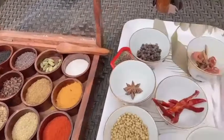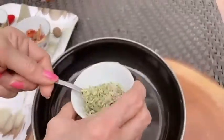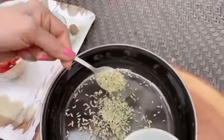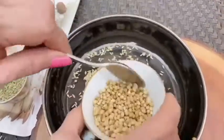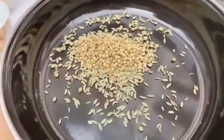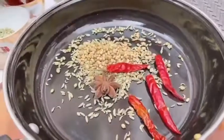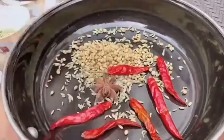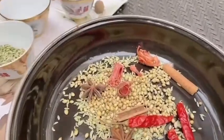We are going to dry roast the masalas. So here I have a teaspoon and a half of fennel seeds, 2 teaspoons of coriander seeds, 1 star anise, 6 dried red chillies, 3 pieces of mace, about 2-3 sticks of cinnamon,